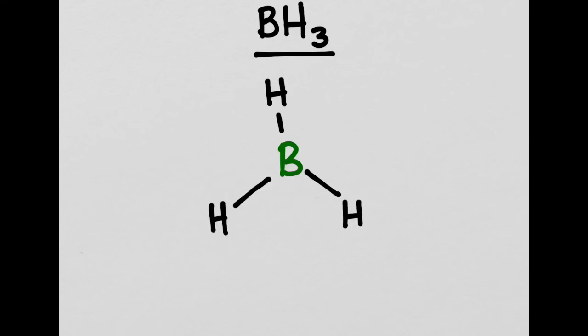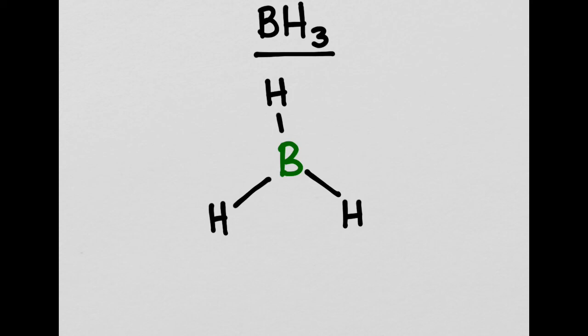Remember that I don't expect you to draw a molecule from just knowing the chemical formula, so I've gone ahead and drawn this out for you. Boron with 3 hydrogens, or BH3, has them in a triangular arrangement. And we're going to talk about molecular shape way more in our next lesson. But